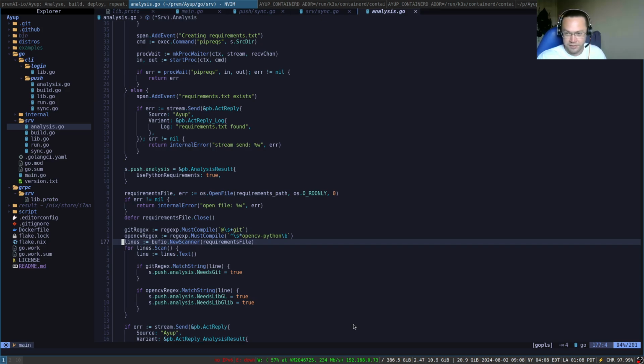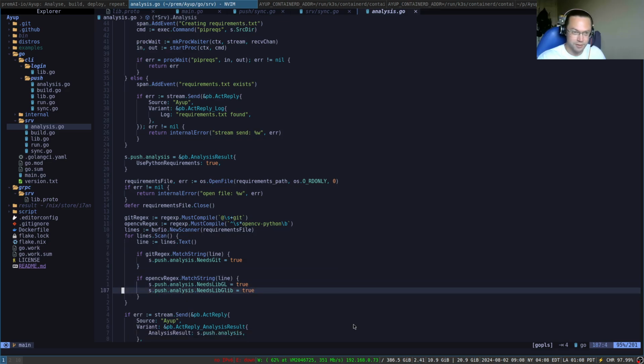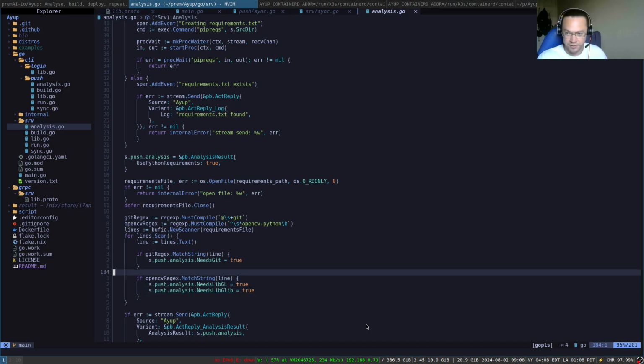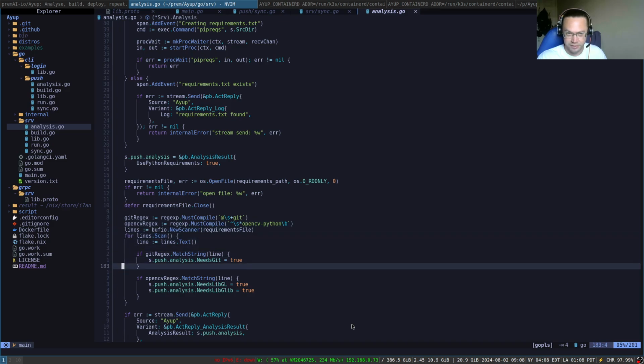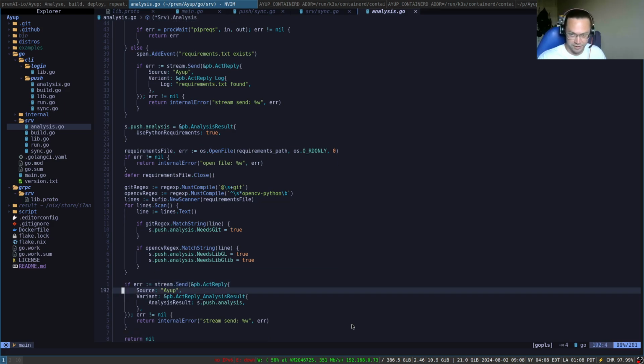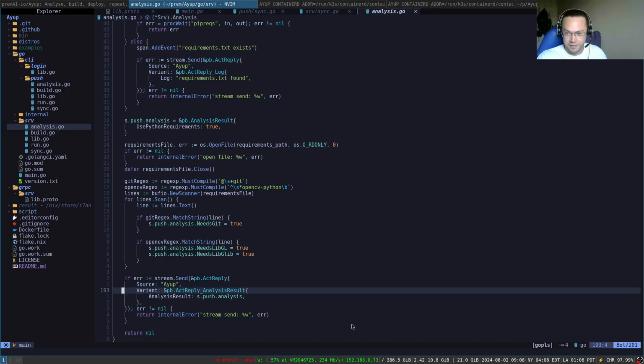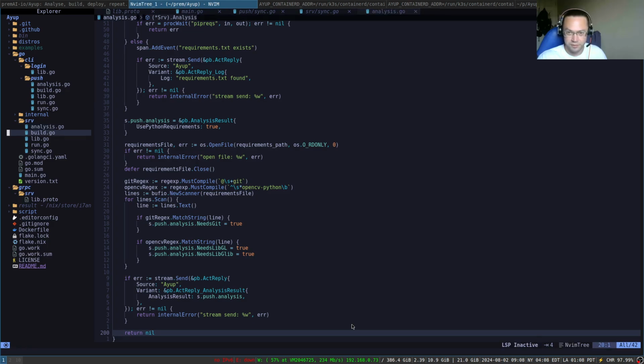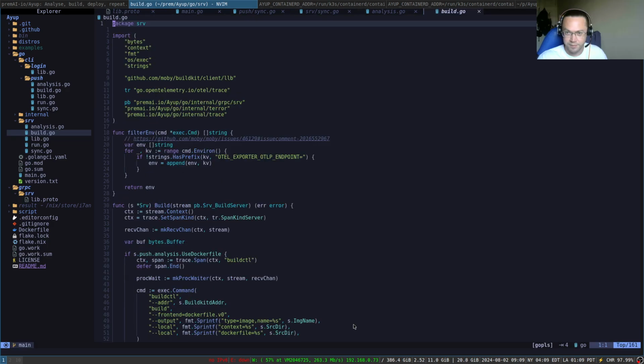And then for OpenCV Python, it needs libgl and libglib to be present, which you have to install through apt with the standard Python image. So we have to scan the requirements and look for these extra requirements that aren't explicitly encoded within pip. And then we're done with that stage and we move on to the build stage,